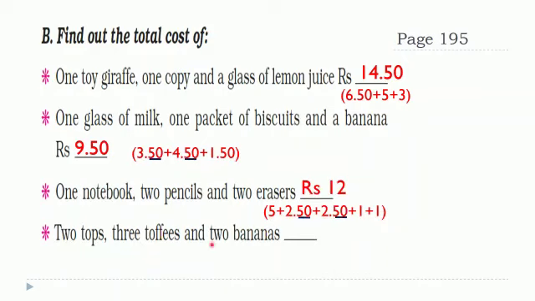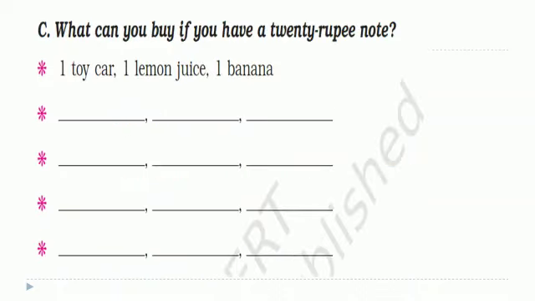Now this you will do yourself as we have done here. In the same way you write the cost of 2 tops, then 3 toffees and 2 bananas, and add all of them. That is the cost. And don't forget to write rupees. We have to always write rupees. When we write the cost, you should write rupees and use that symbol which I have told you that day. That symbol you use. Okay, in your textbook they have given RS only. See here they have given RS only, but you should have practice of writing the new symbol.